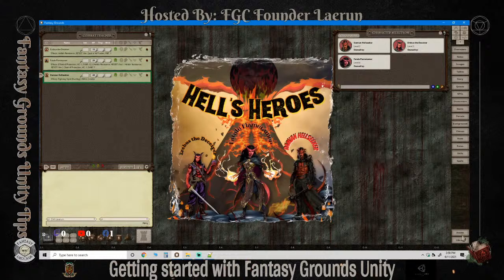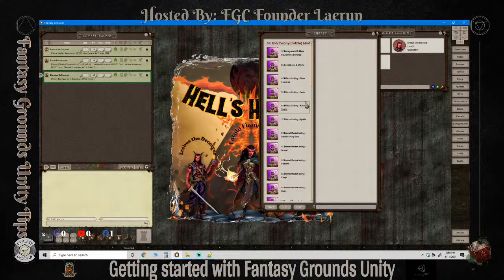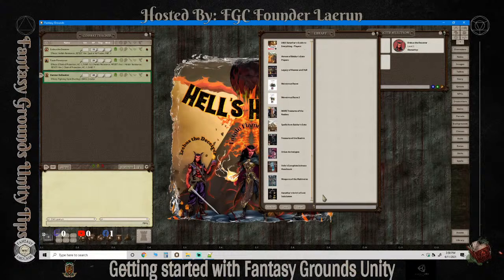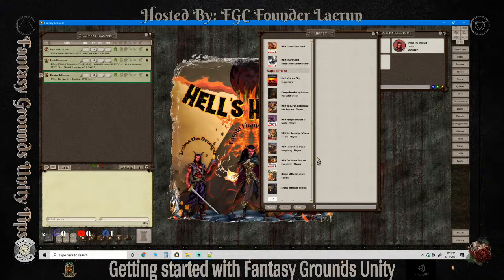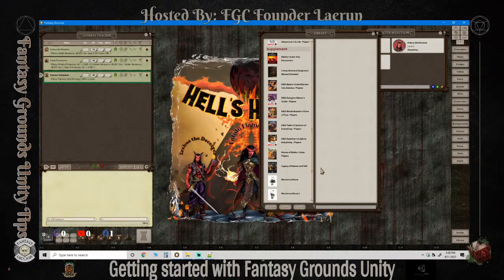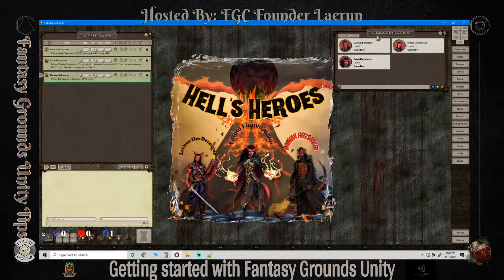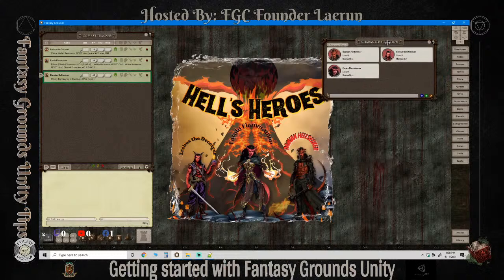And this is assuming that you have content in your library. I have a ton of content loaded here for different reasons and for different things for customization. You might just have the Player's Handbook or one of the others, but this is kind of an Inverness-based setting, so the characters and the players are going to relate to heaven and hell and the blood war aspect. So without further ado, let's start with the character wizard. I'm going to click on character wizard,